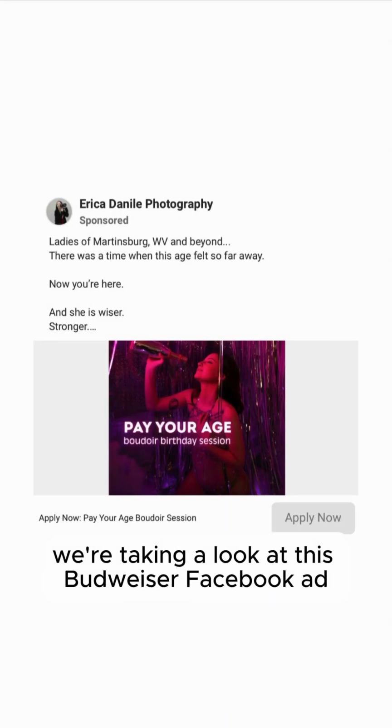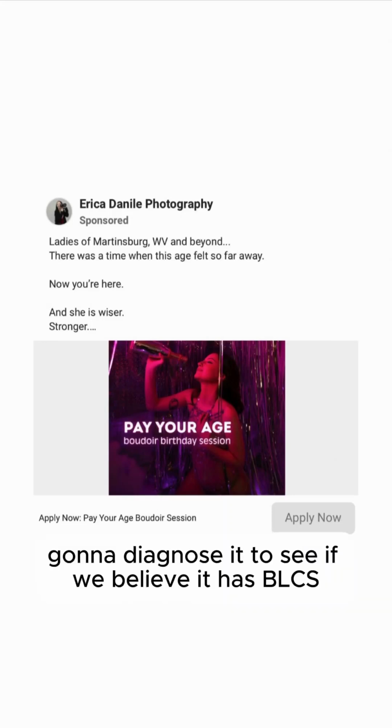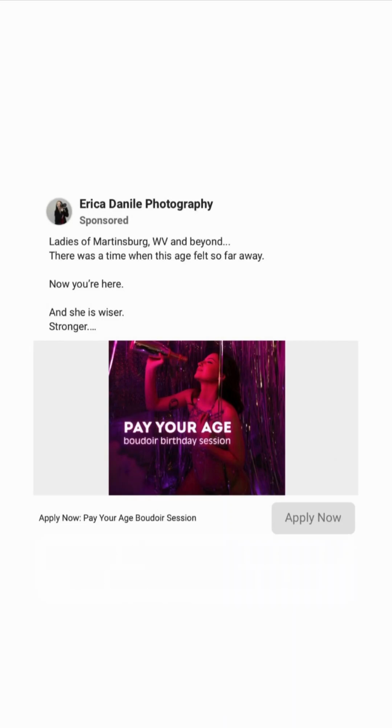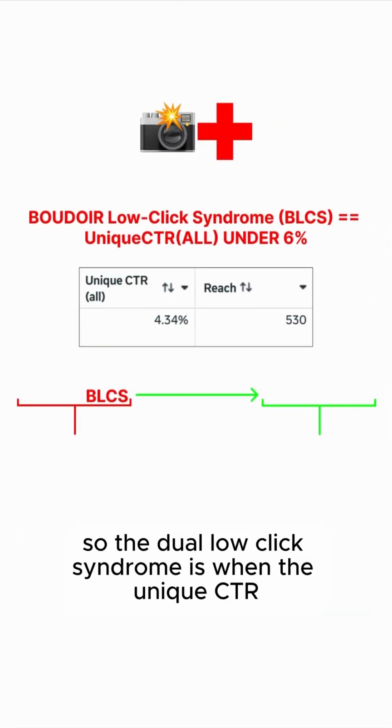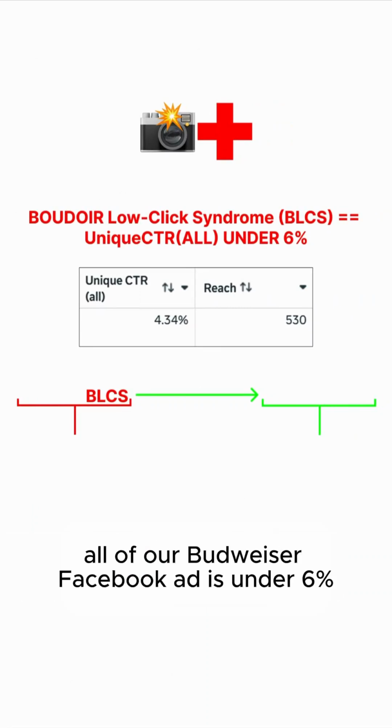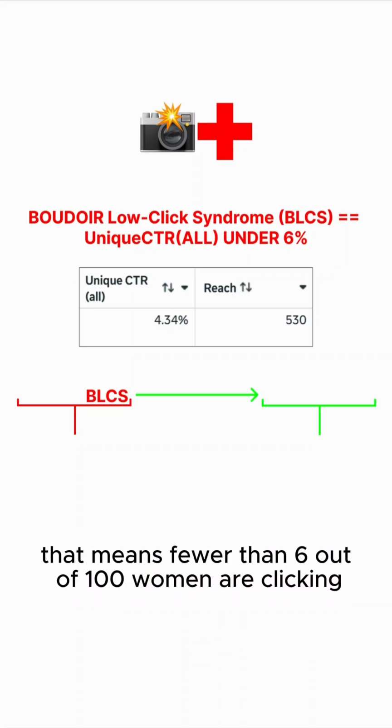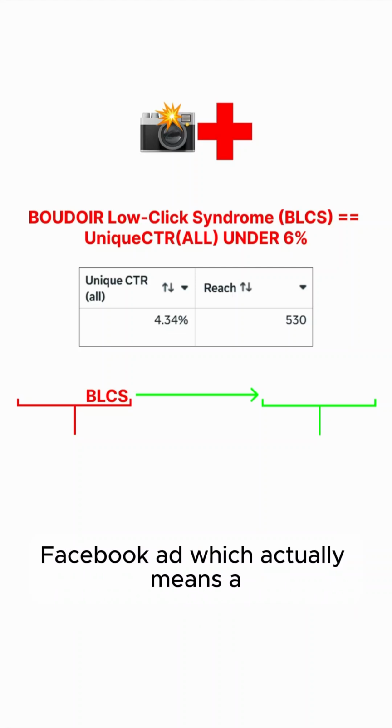All right, y'all, we're taking a look at this Boudoir Facebook ad. Gonna diagnose it if we believe it has BLCS, aka Boudoir low click syndrome. So, Boudoir low click syndrome is when the unique CTR all of our Boudoir Facebook ad is under 6%. So that means fewer than 6 out of 100 women are clicking somewhere on our Boudoir Facebook ad, which actually